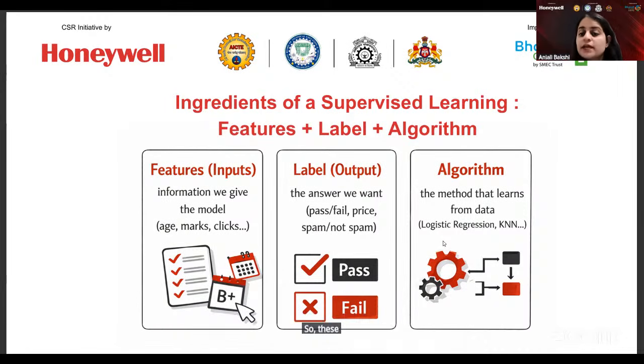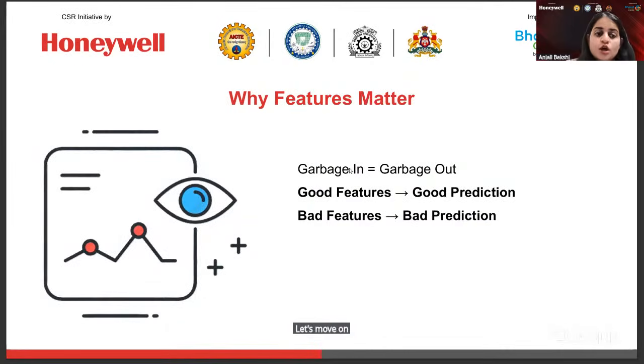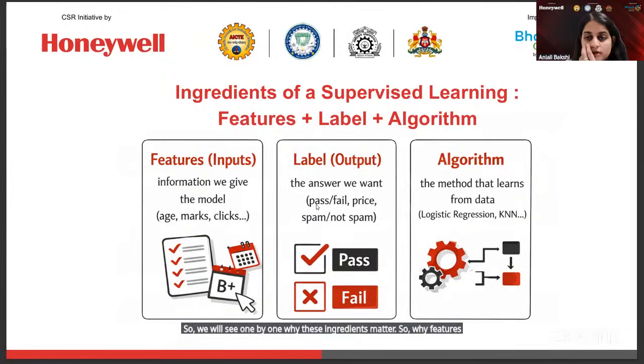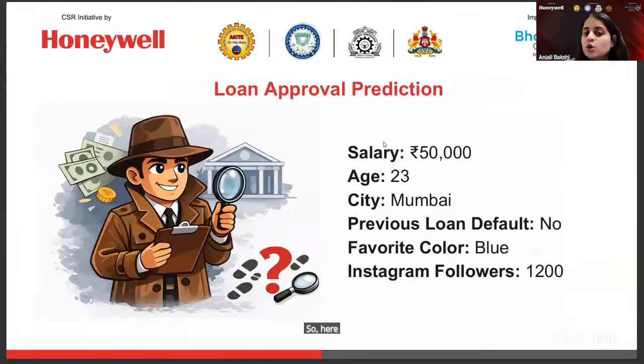So these were the three main concepts of supervised learning. Let's move on to the next. We will see one by one why these ingredients matter. So why do features matter? What do you think? Here you can see we only took salary, age, and previous loan default. What if I had used favorite color and Instagram followers also? How would it have affected